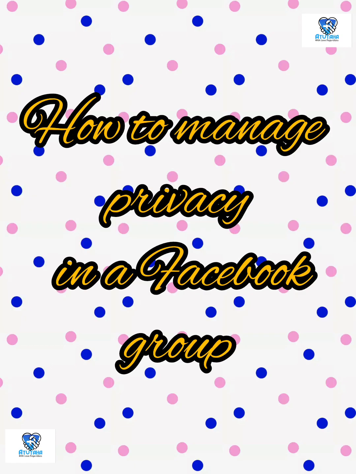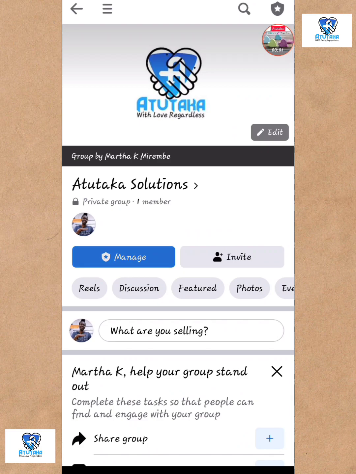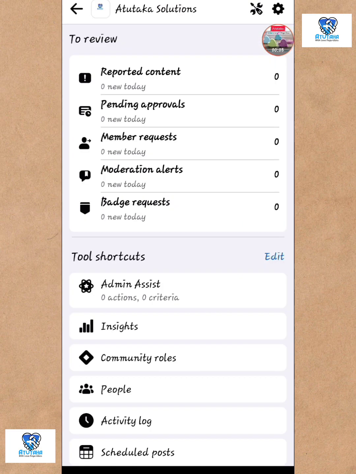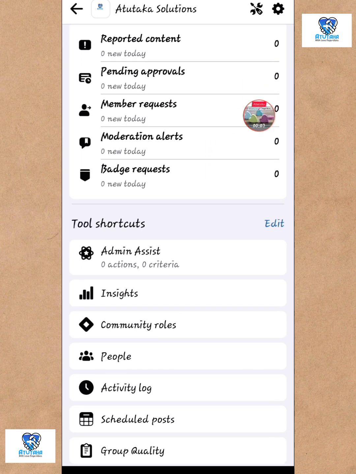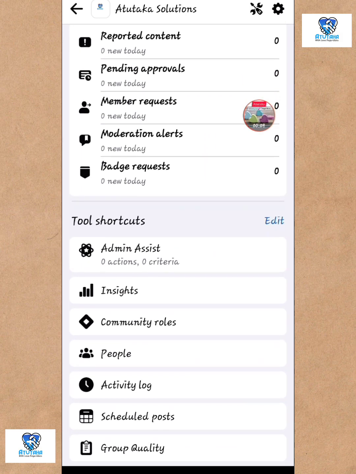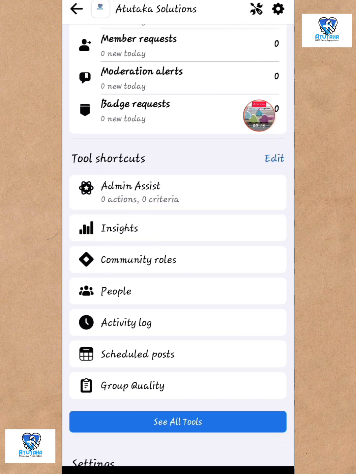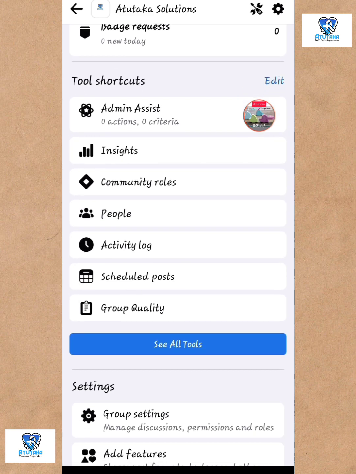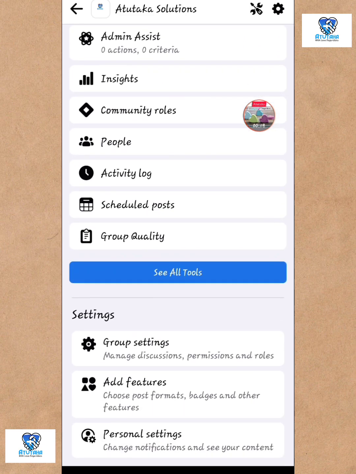You are most welcome. How to manage privacy in a Facebook group. Okay, so this is something very important. If you have a Facebook group, you want to make sure you regulate what people post, who should post,